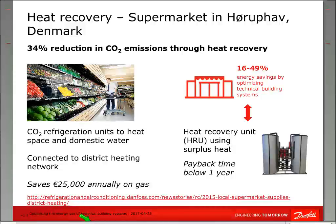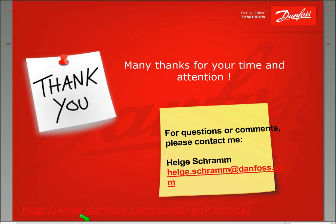And this is also a good case to show the potential of combined technical measures. As you can see on the right side, the findings of the Ecofys study show a huge potential for energy saving by optimizing the technical building system within the supermarkets of around 16 to 49%. This is something what you can see in the fact sheets Andreas has mentioned. And taking a holistic approach, considering energy sources within the building, you can save even more by investing